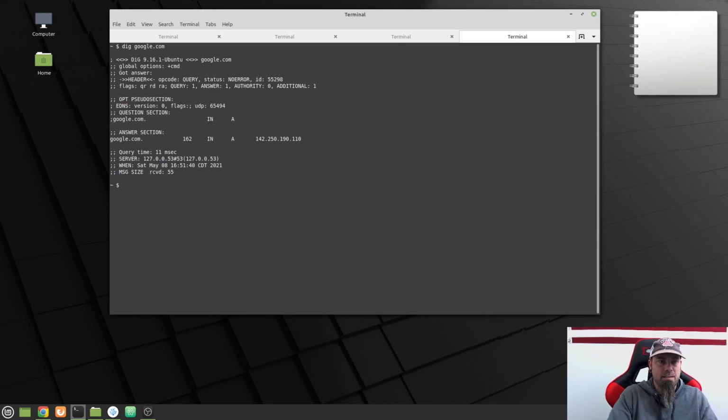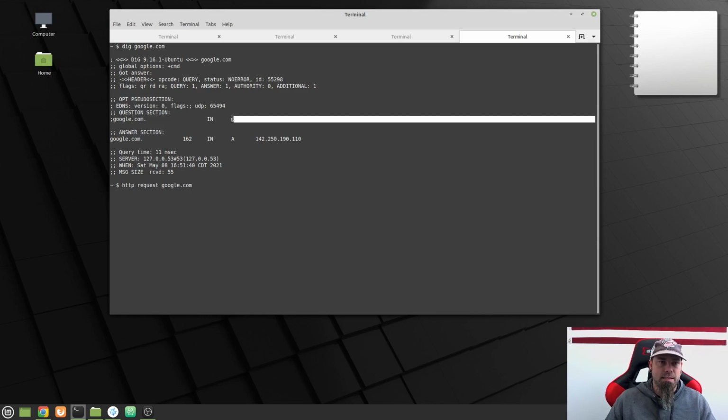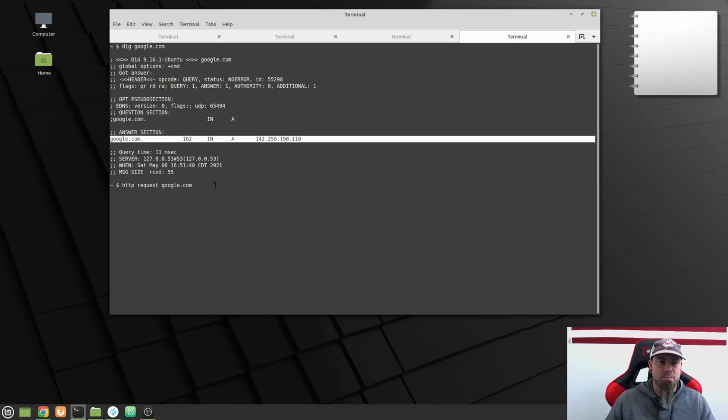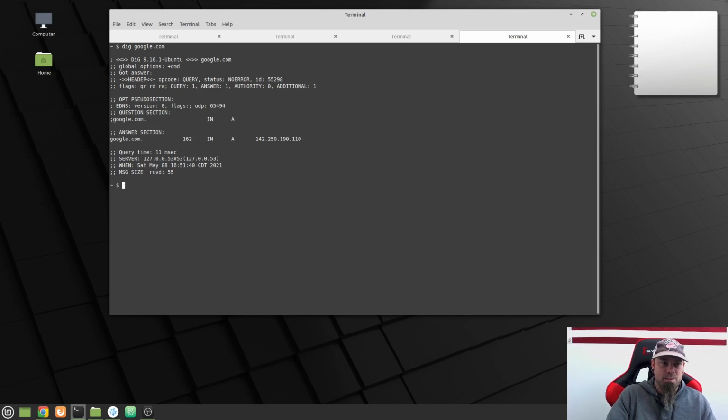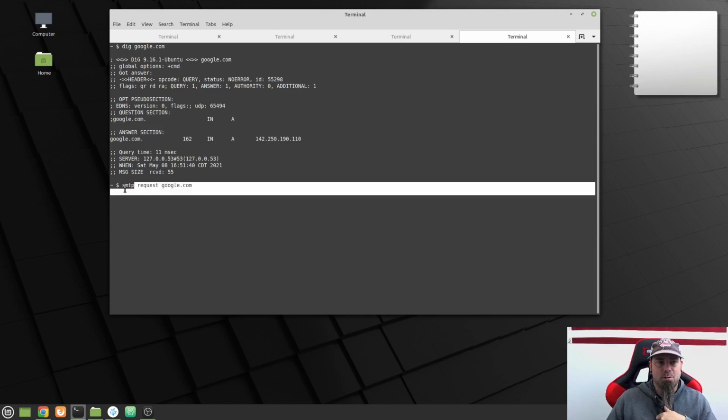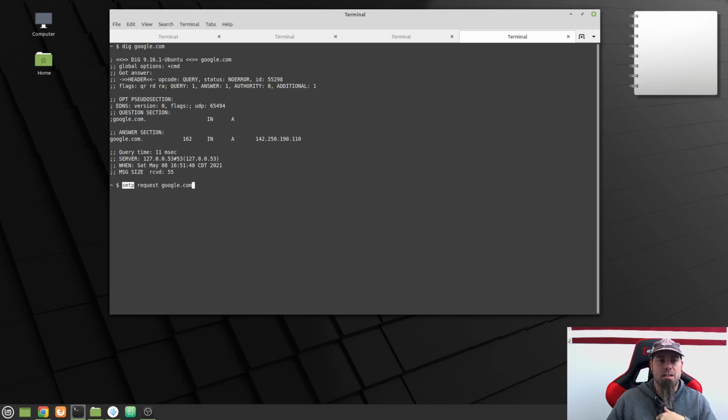If I send an HTTP request to google.com, it's going to get the A record, and the A record will handle that. However, if I'm sending an email to google.com or gmail.com, it's going to send an SMTP request to google.com. SMTP is the simple mail transfer protocol,